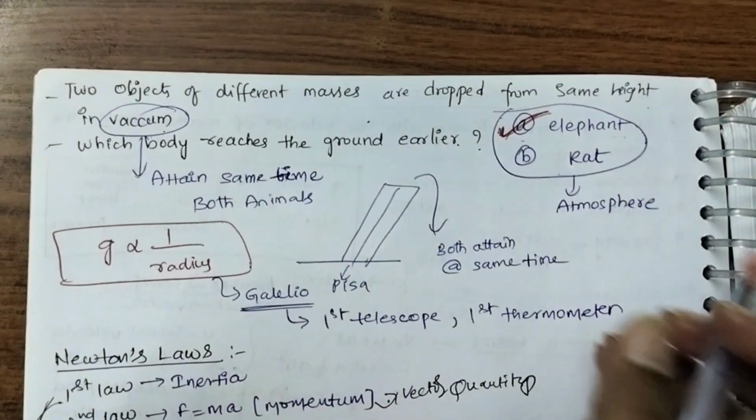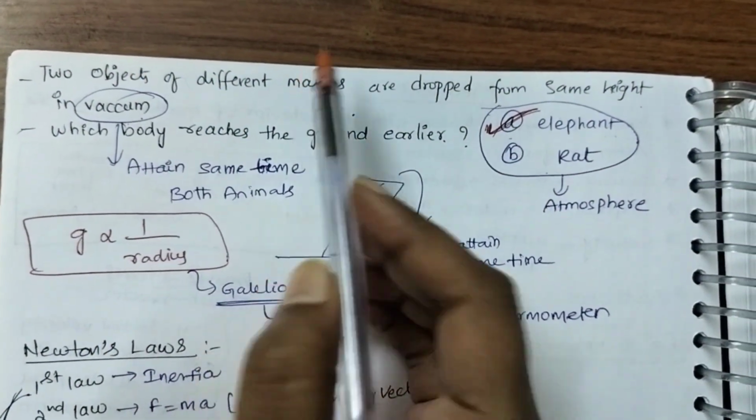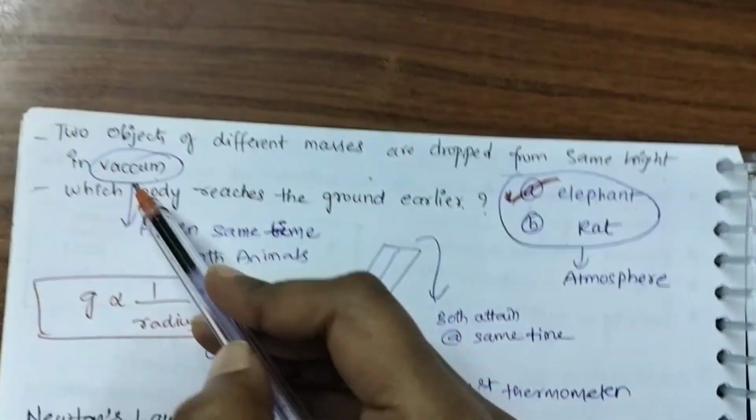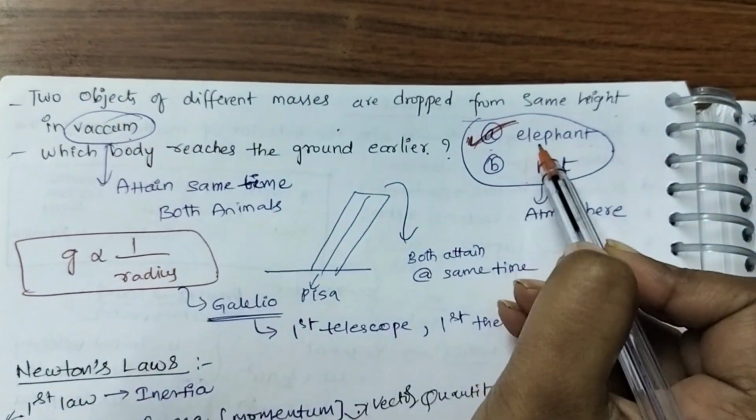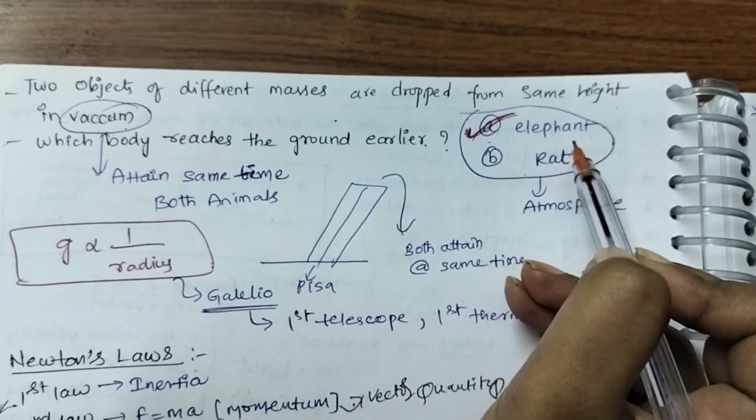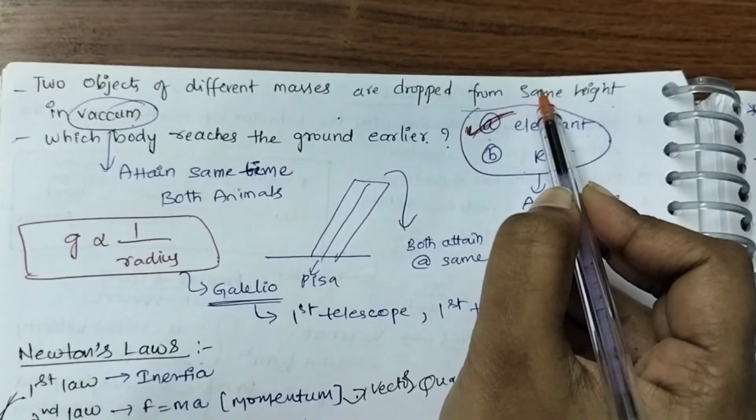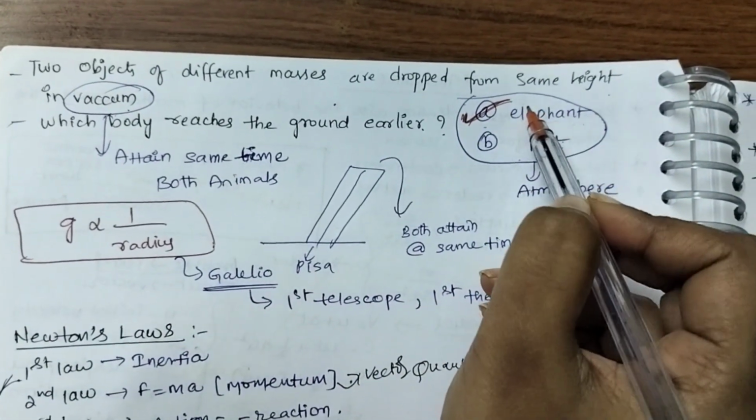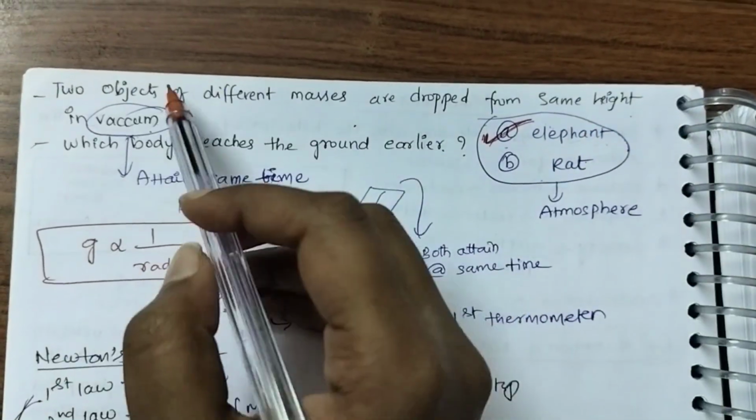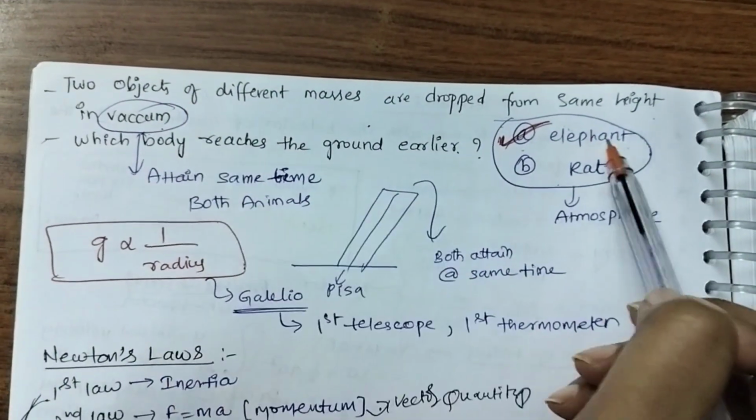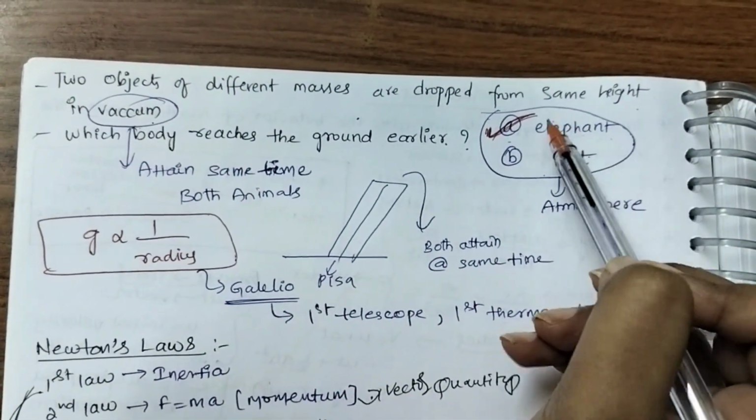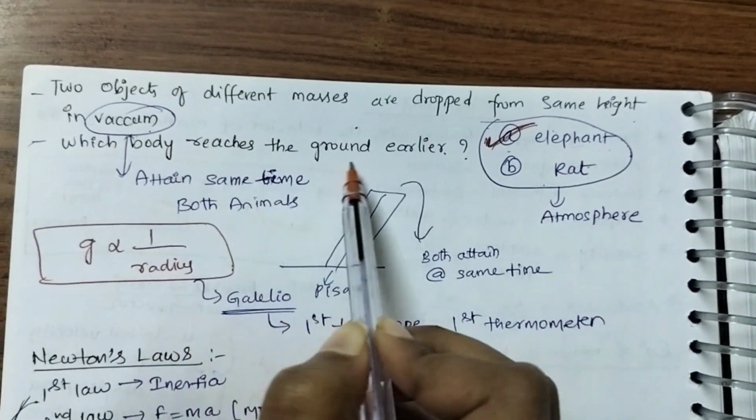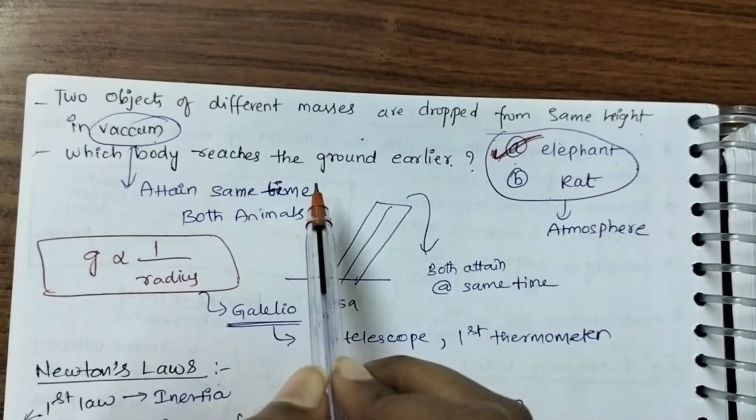Let us see a question. Two objects of different masses are dropped from the same height in vacuum. Okay. If two objects, let us say an elephant and a rat, are both dropped from the same height in air, in the atmosphere, then the elephant reaches first because it has high mass. When it comes to vacuum, both elephant and rat reach at the same time. Means they both reach the ground at the same time,